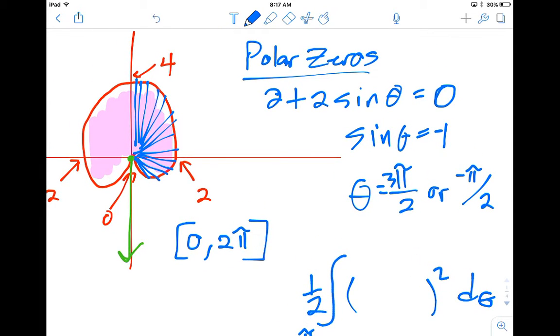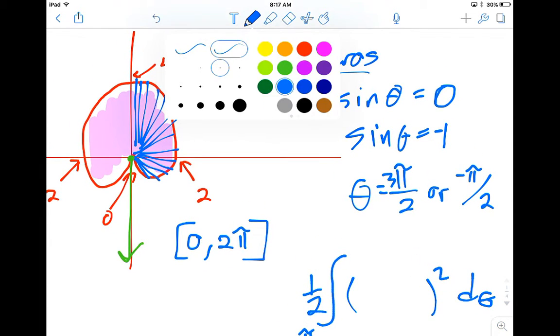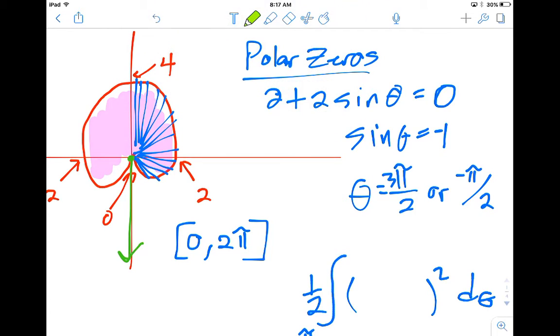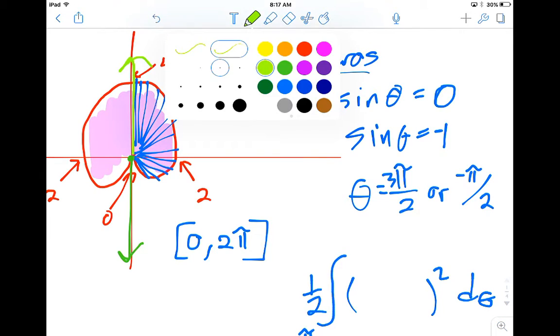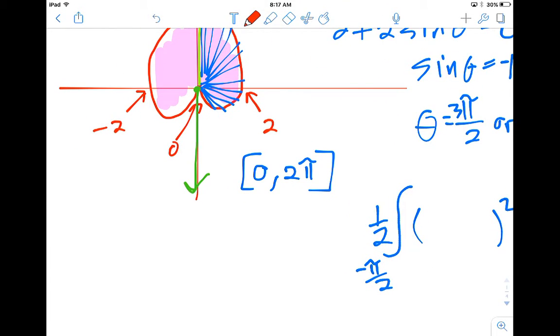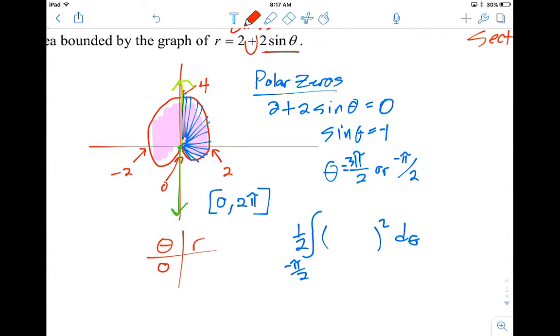It looks like the region that I'm interested in would stop when I'm facing straight up and facing that direction. You never want to make that assumption. You always want to be extra careful. So sometimes it's nice to put in some numbers too, just to have a sense of when certain points are plotted. So if I put in 0 into the radius that I've been given, 2 plus 2 sine of theta,